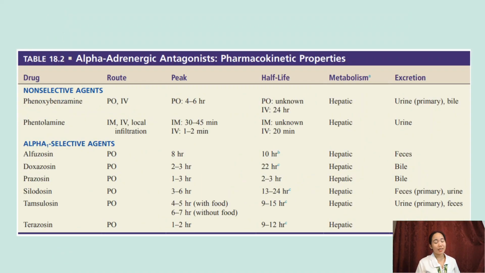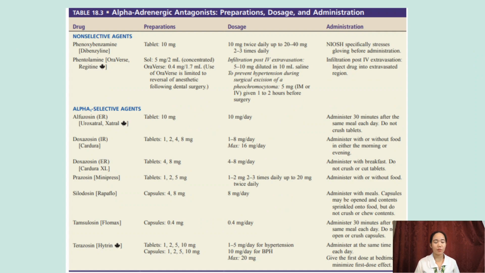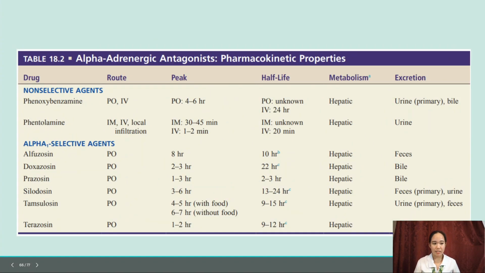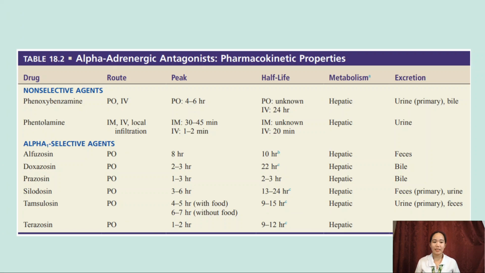So guys, we are in our last chapter, which is the indirect acting antiadrenergic agents. These are the drugs that prevent the activation of peripheral adrenergic receptors, but by mechanisms that do not involve direct interaction with peripheral receptors. There are two categories of indirect acting antiadrenergic drugs. The first group, centrally acting alpha-2 agonists, consists of drugs that act within the central nervous system to reduce the outflow of impulses along sympathetic neurons.